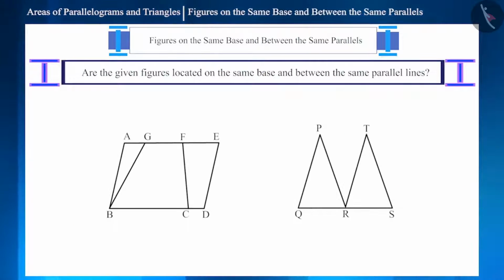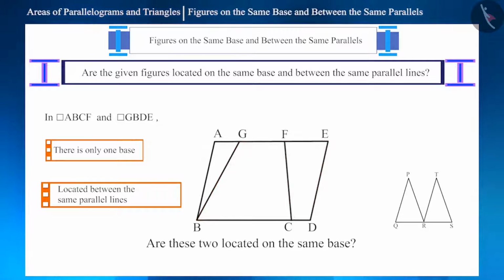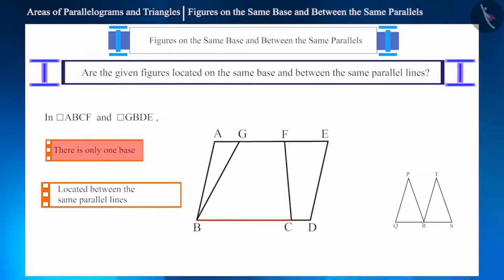Now let's see some more figures. In the first figure, there are two parallelograms, parallelogram ABCF and parallelogram GBDE. Are they located on the same base? No, the base of parallelogram ABCF is BC and the base of parallelogram GBDE is BD. Are the two parallelograms located between the same parallel lines? Yes, the two parallelograms are located between the same parallel lines, AE and BD, but they don't have the same